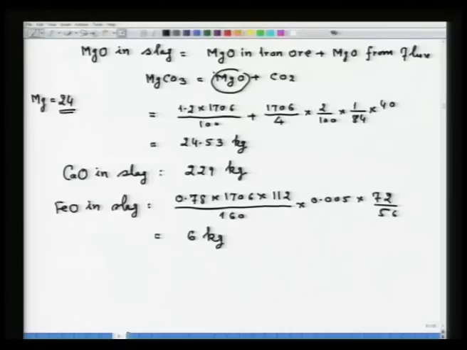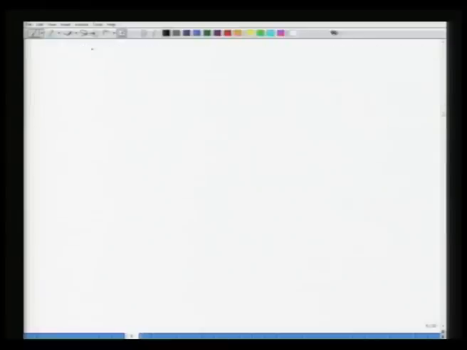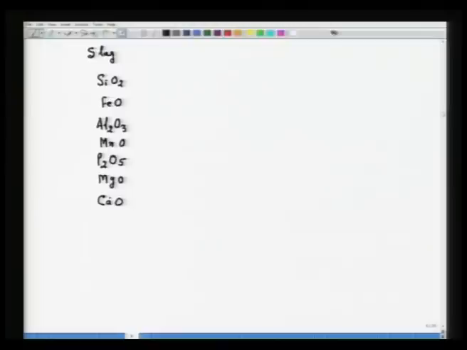Now, to summarize, the amount of slag: the components are SiO2, FeO, Al2O3, MnO, P2O5, MgO and calcium oxide. This is what the components are. So, their respective weights in kg are: